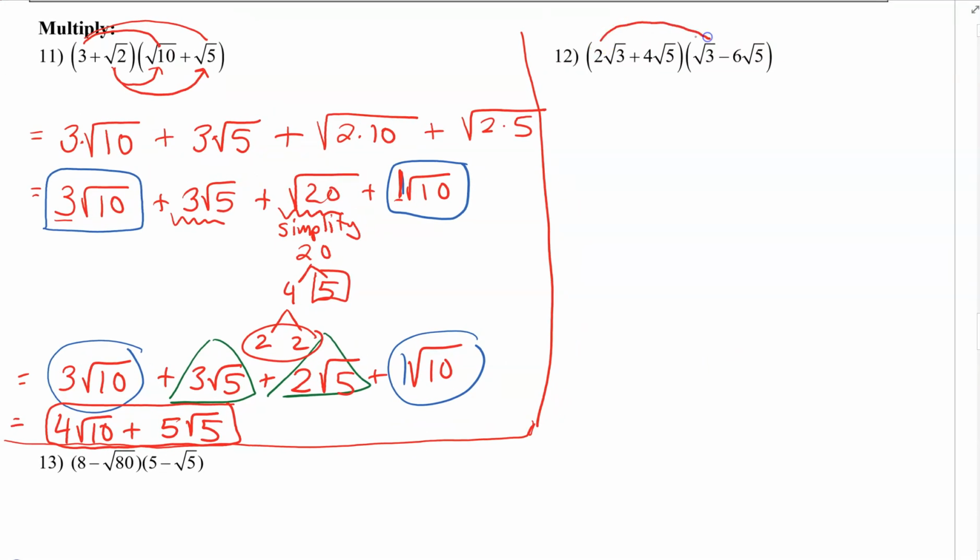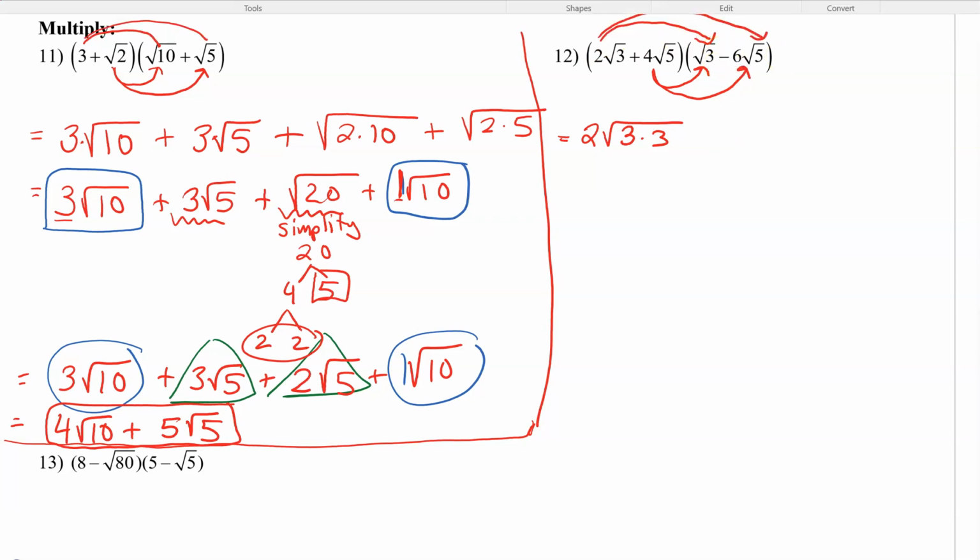So I'm going to distribute 2 rad 3 to rad 3. And then 2 rad 3 to 6 rad 5, and then 4 rad 5 to rad 3, and then 4 rad 5 to 6 rad 5. So for the 2 rad 3 to rad 3, I can multiply the 3's together since they were both inside numbers. And then with the 2 rad 3 and the 6 rad 5, which is actually negative because this is a minus sign right there. So that should be minus. So 2 times 6 can go together to make 12, and then 3 times 5 can go together to make 15,